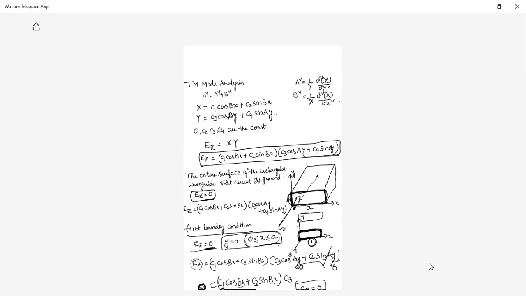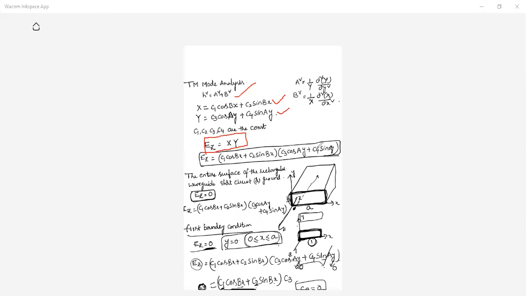So we have got the expression already. H square is equal to, this is the expression we got. A and B are the second order differential equations. The solutions for these second order differential equations can be written like this. We got these solutions from mathematical expressions. Initially we assumed Ez is equal to capital X into capital Y. So just substitute capital X and capital Y.